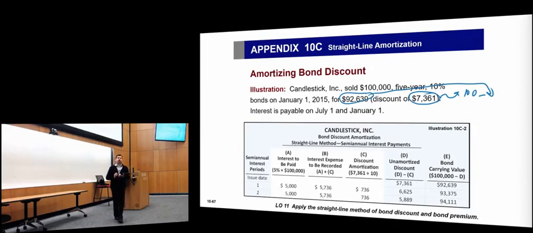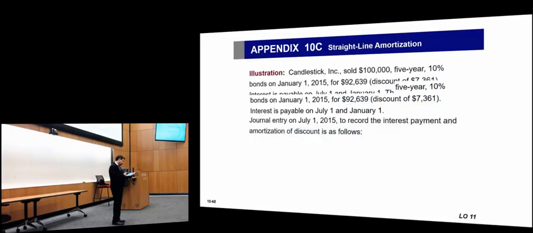Interest is payable on July 1st and January 1st. We have a bond discount of 7,361. It has a 5-year life, so 10 interest payments. We divide the bond discount by 10. In this case, it would be 736 for every payment. Now, the interest that the company will actually pay,